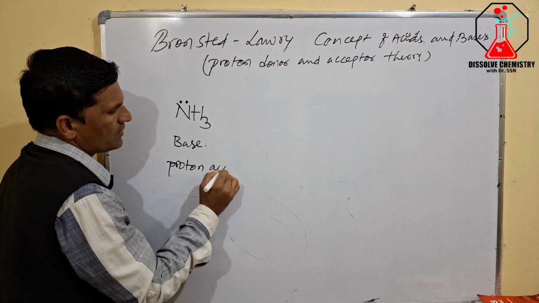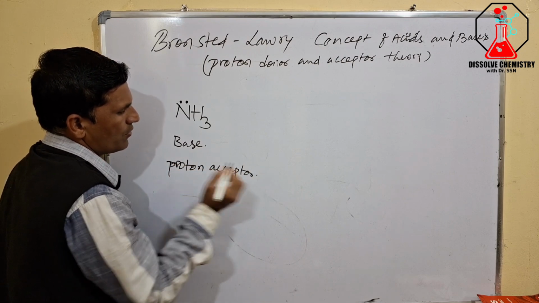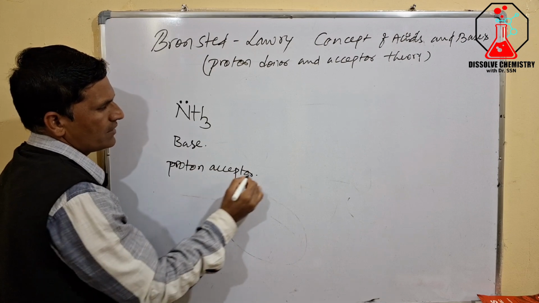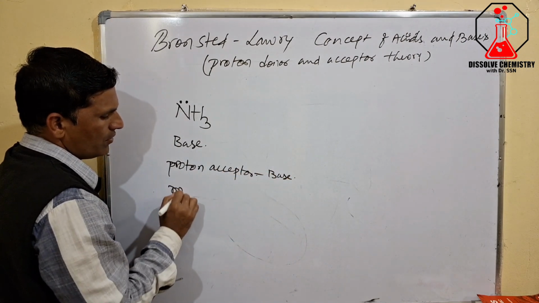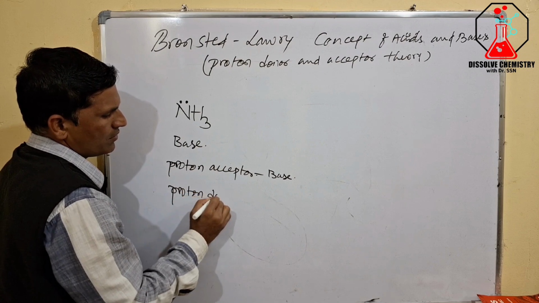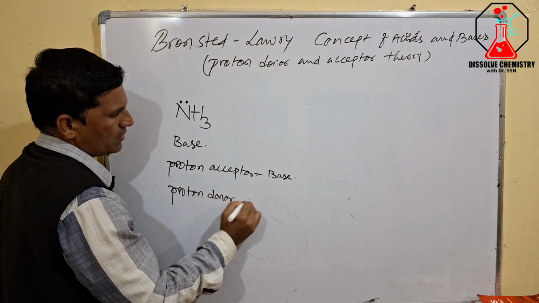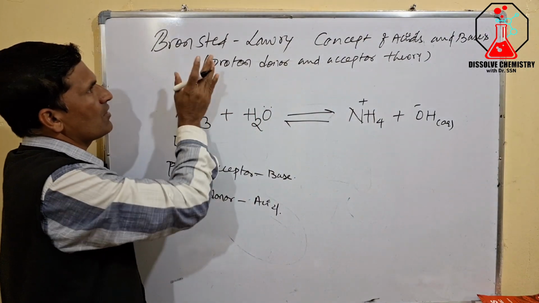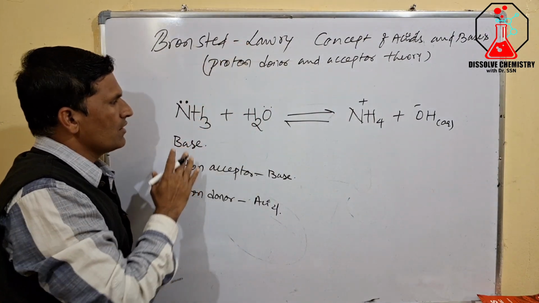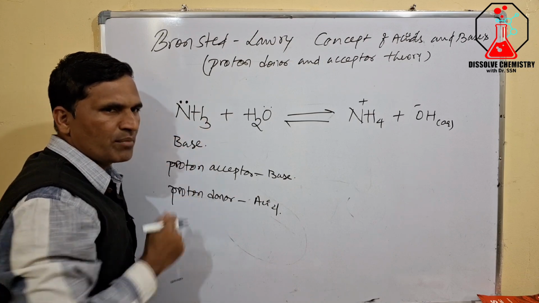Proton acceptor is called base. Proton donor is called acid. Now, according to the definition of Bronsted and Lowry, ammonia is a base because